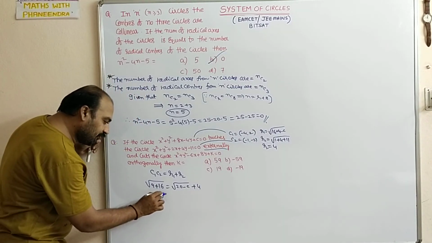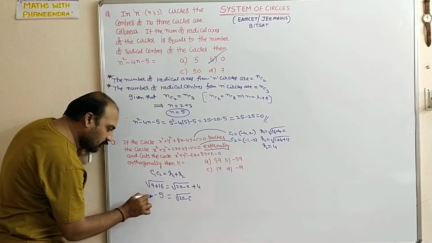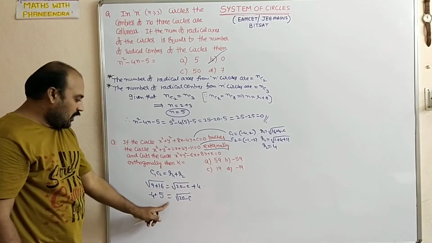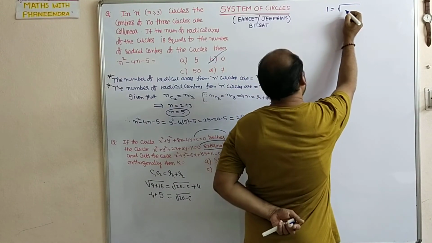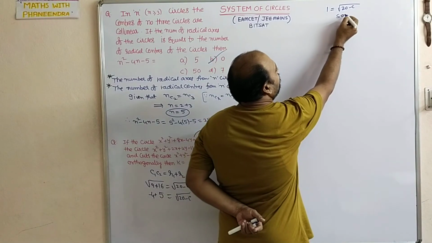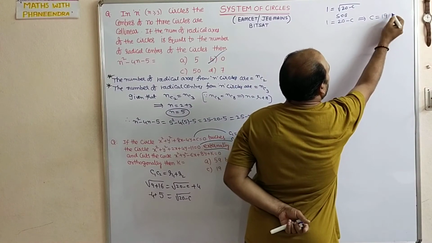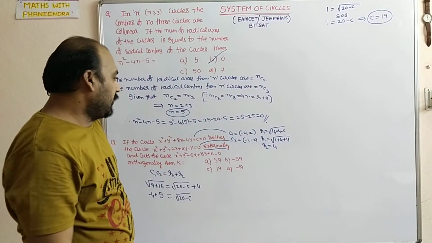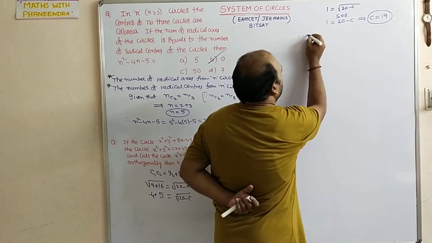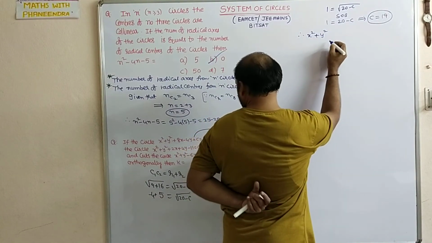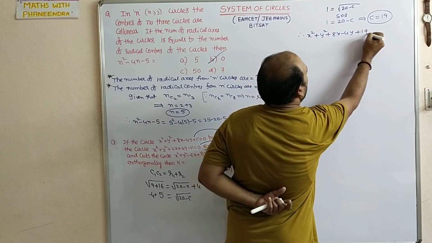So 5 is equal to root of 20 minus c plus 4. This 4 also we can take this side, minus 4. So 5 minus 4 is 1. I am continuing here. 1 is equal to root over 20 minus c. Squaring on both sides, 1 is equal to 20 minus c. That implies c is equal to 19. But they are asking the k value. So this first circle becomes x square plus y square plus 8x minus 4y plus 19 equal to 0,